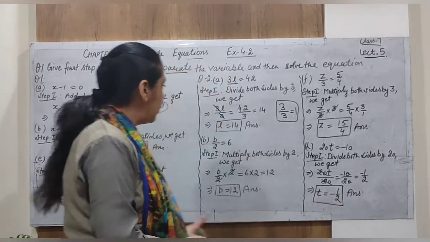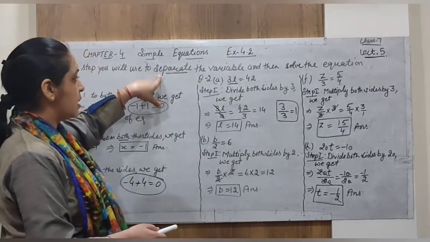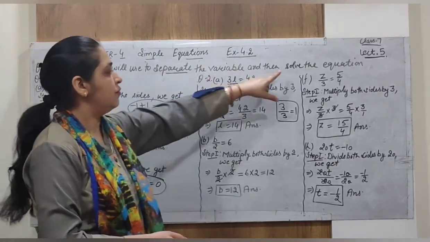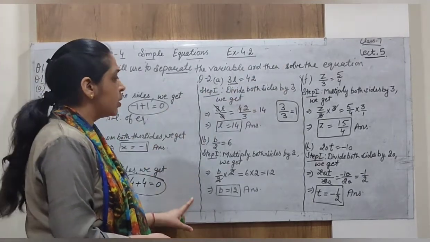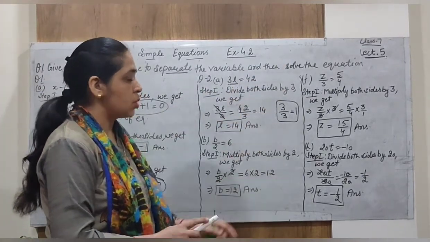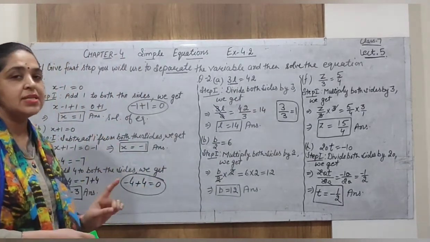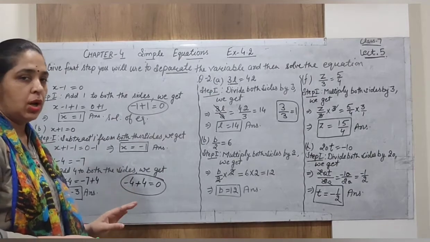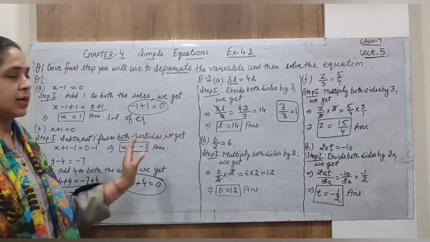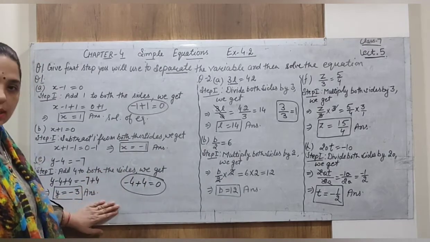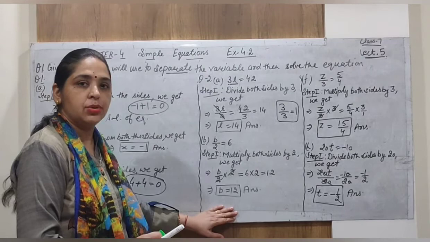So these are the methods to solve the equation by separating the variable and finding the solution of the equation. These questions should always be solved step by step. Here in all these questions only one step is used. Alright. So you have to do both parts: question 1, all the parts, and question 2, all the other parts, in your note.